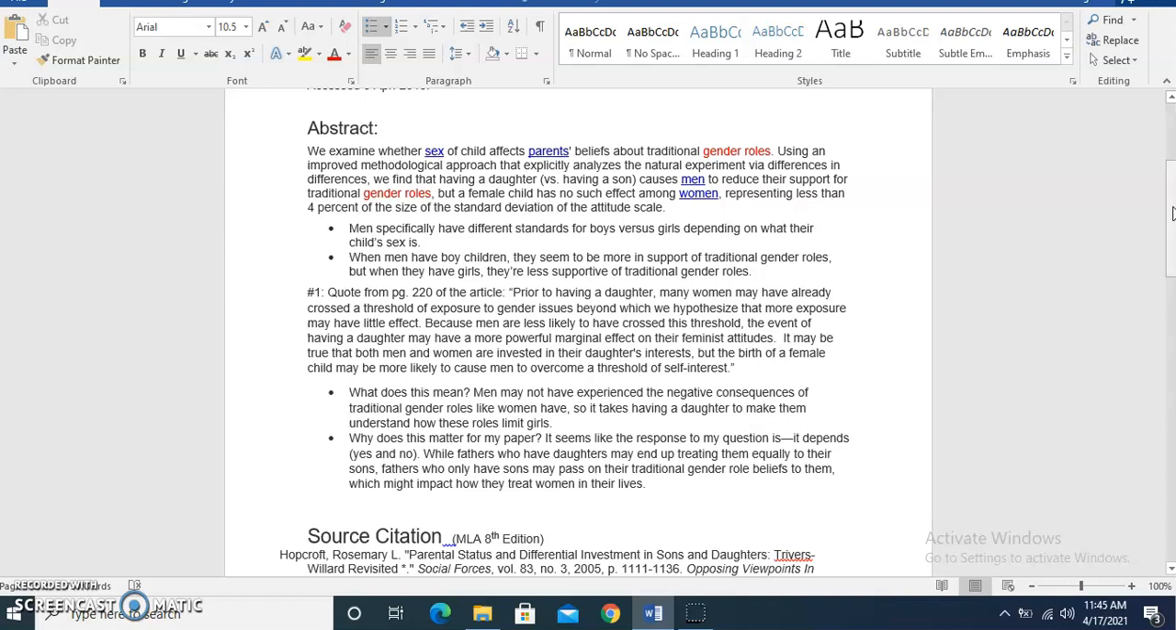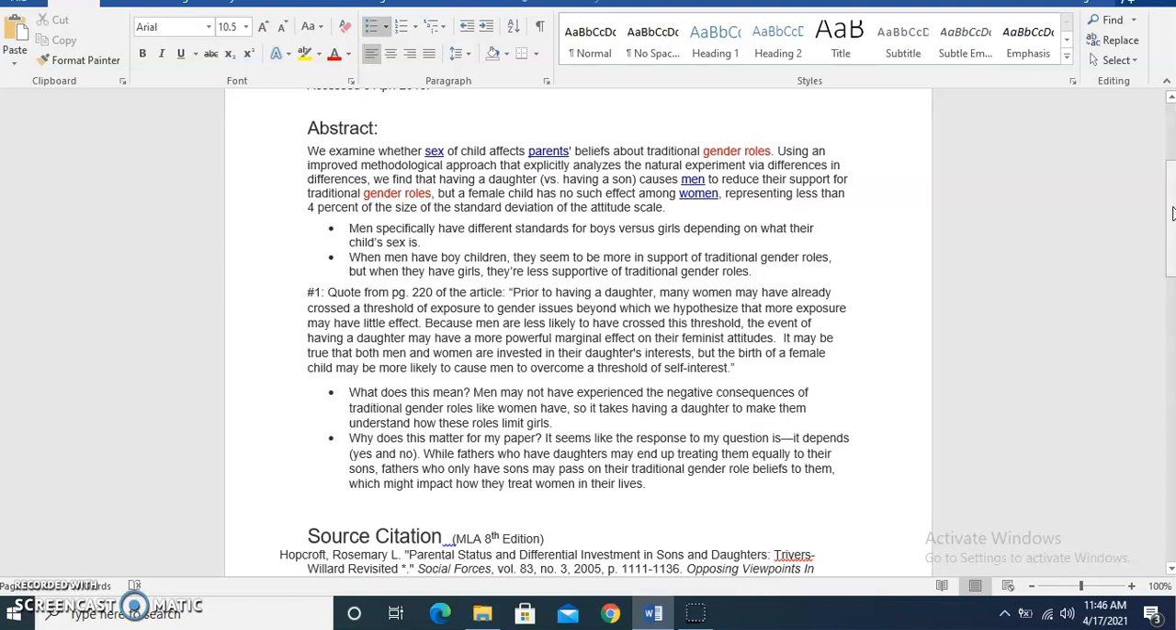Prior to having a daughter, many women may have already crossed a threshold of exposure to gender issues beyond which we hypothesize that more exposure may have little effect. And I kind of added some more there. So the thing is, when you bring in a quote from your article, you want to explain it because it might not be immediately obvious to your audience. Again, a lot of these articles probably have pretty sophisticated language, so you want to simplify it for your audience,